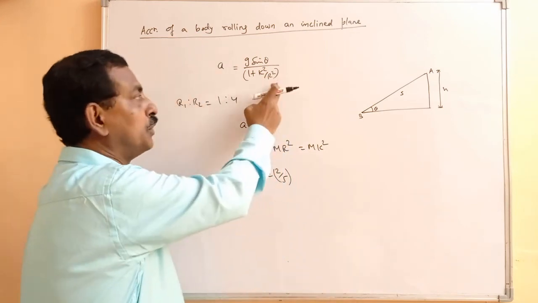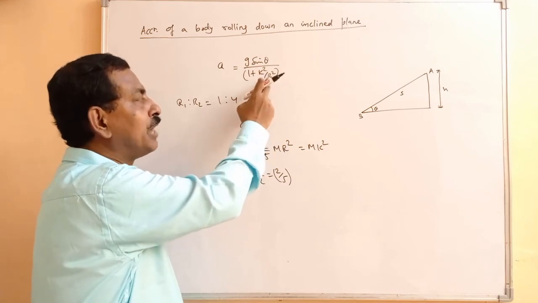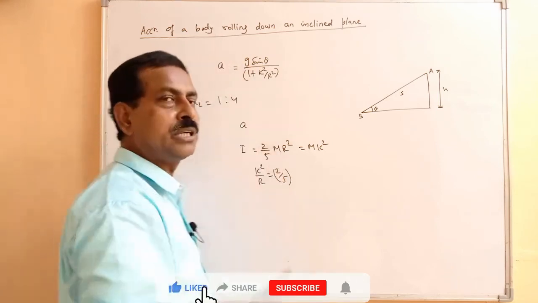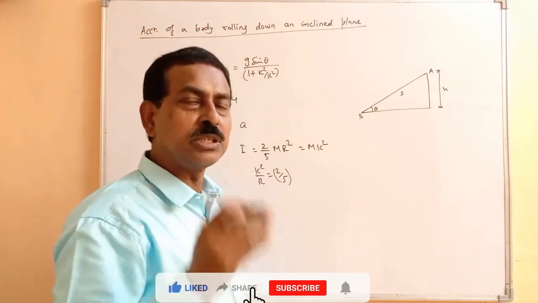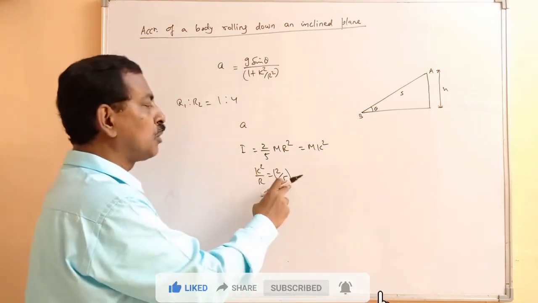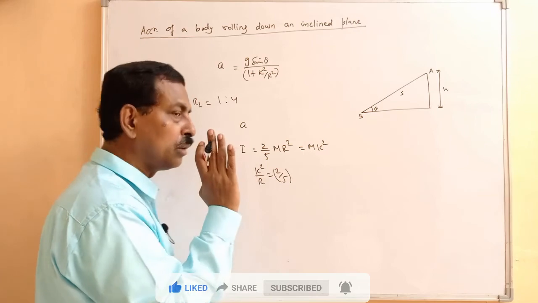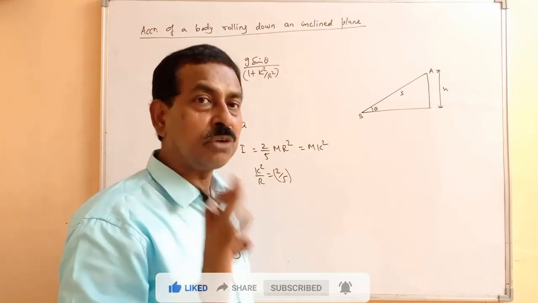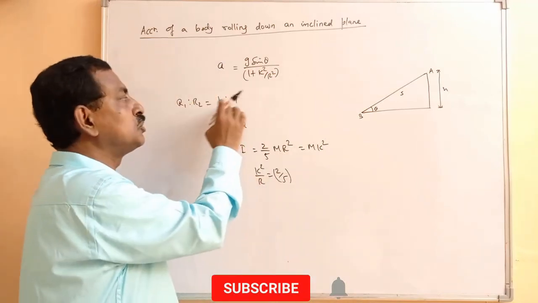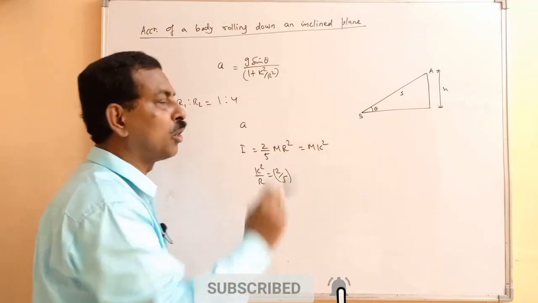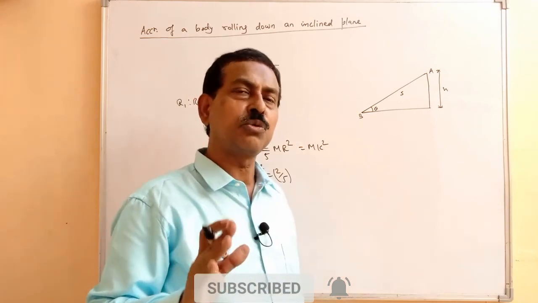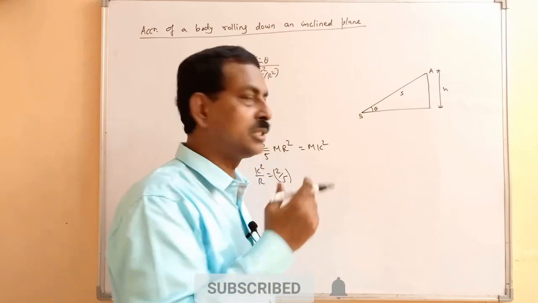What we have done is we have just tried to use the value of r without realizing that if r is more, k will also be different. So it is basically the k square by r square term which is being used, and for a given type of body, the k square by r square value will be fixed, independent of r. So if the radii of the two spheres are in the ratio 1:4, both will reach the bottom at the same time. So this type of many conceptual questions you can get in this topic.